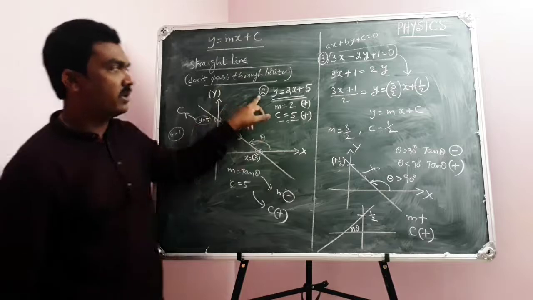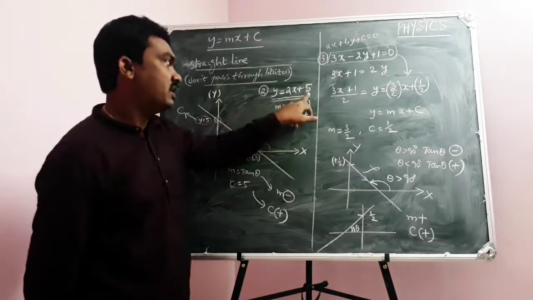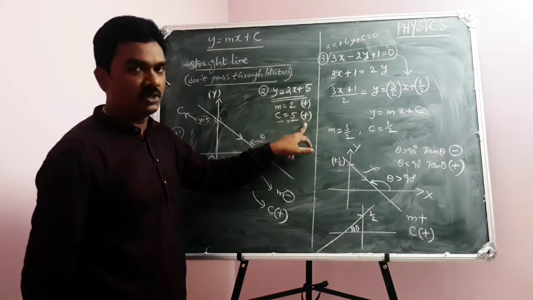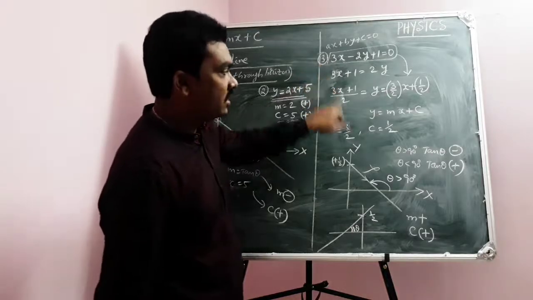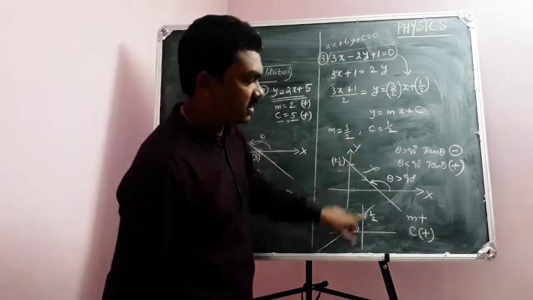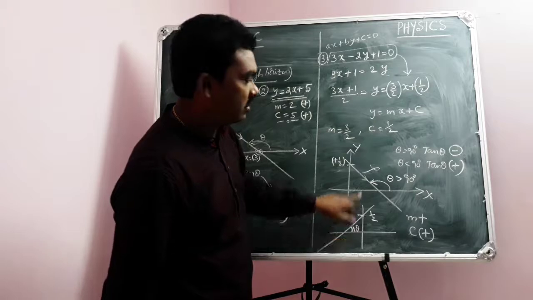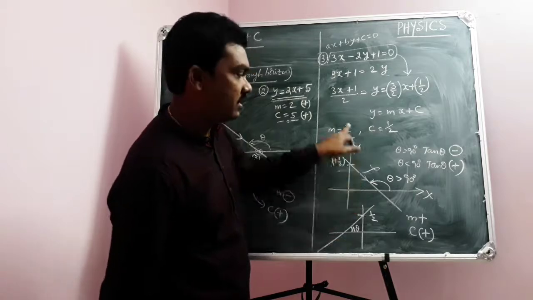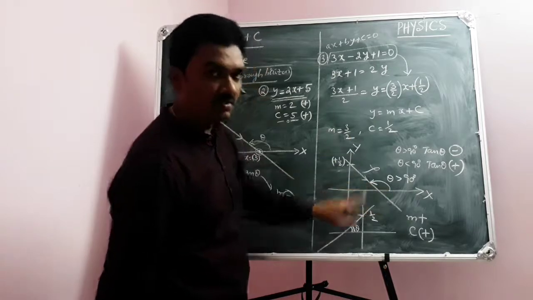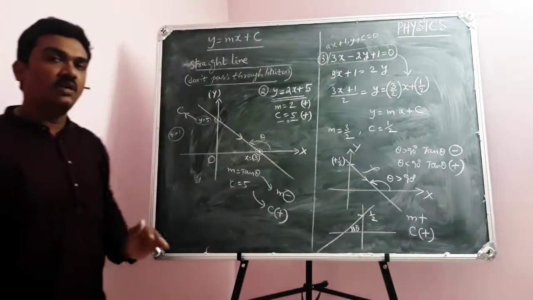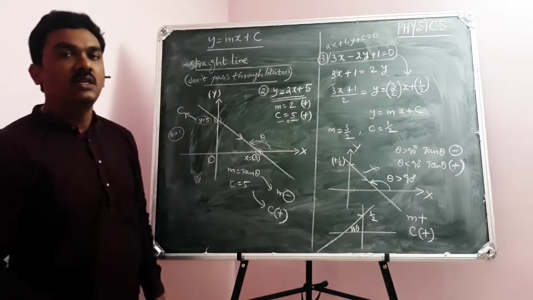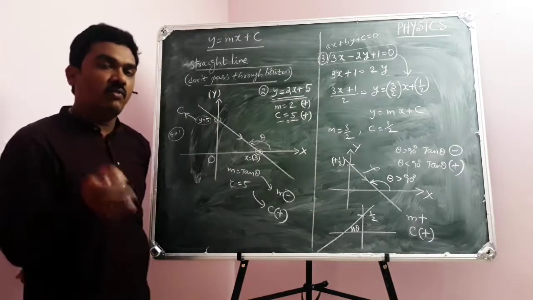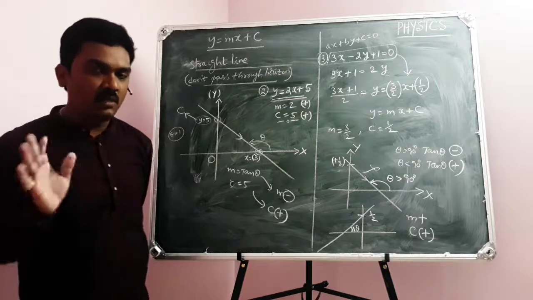See the second example, y equal to mx plus c. M is positive, c also positive. See the third example, y equal to mx plus c. M is positive, c also positive. So you should not draw like this for the third example, because here m is negative. So the conclusion you need to draw from all this explanation is, a straight line y equal to mx plus c